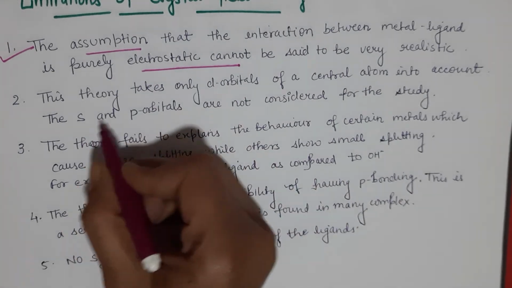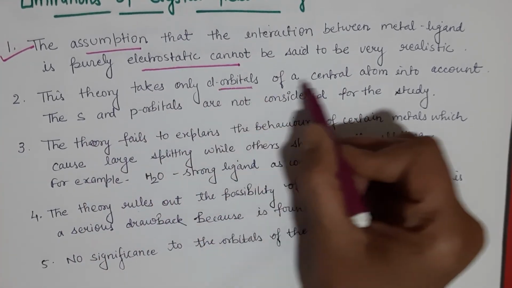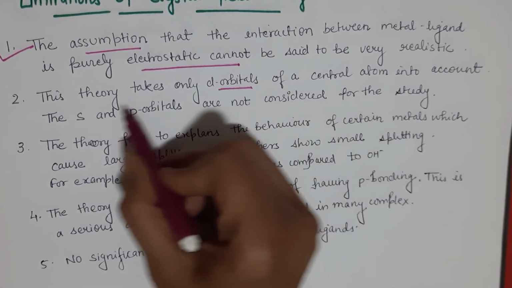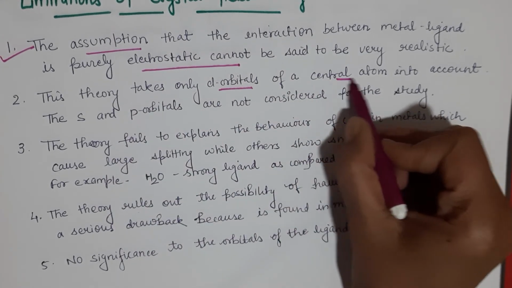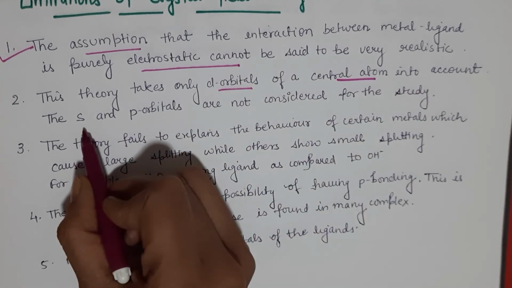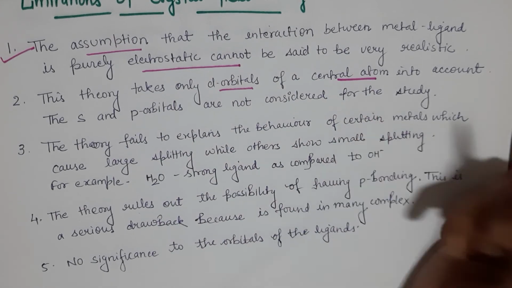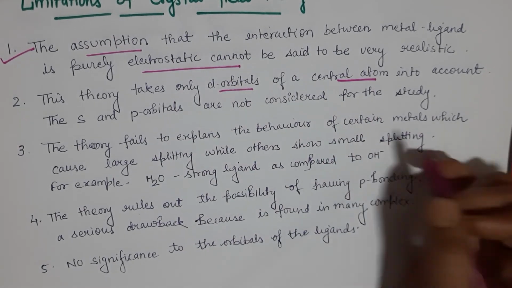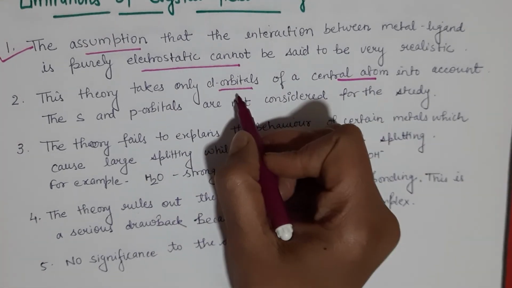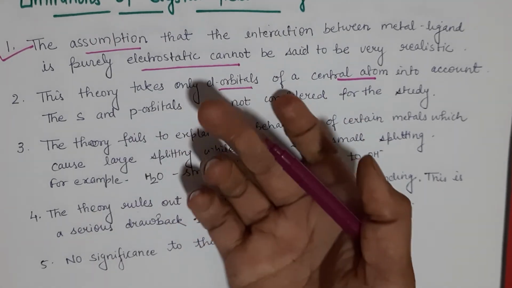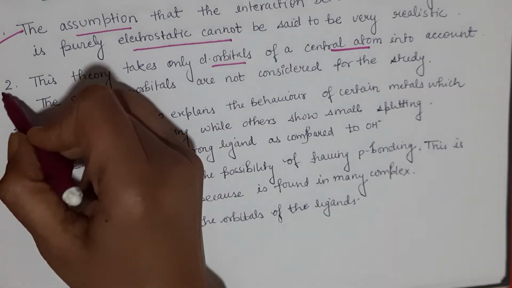The second is this theory takes only d orbitals of a central metal atom into account, and the s and p orbitals are not considered. As you had seen, we are always taking the d orbital of the central metal atom, not s, not p. Okay. The third is